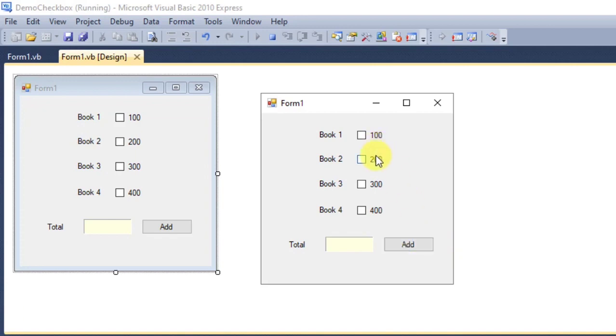Now once you check, let's say for example 200, and then you click add, the value of that checkbox will be shown here in this label. Once you also click, let's say for example 400 checkbox, the value of the second checkbox, which is 200, and then the value of the checkbox 4, which is 400, will be added and will be shown here